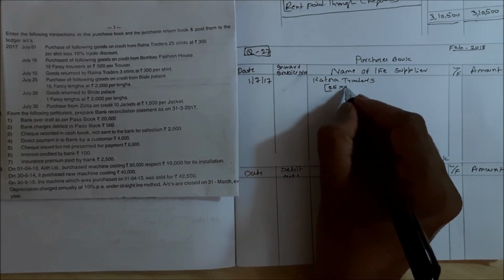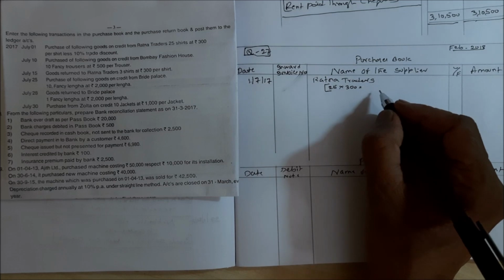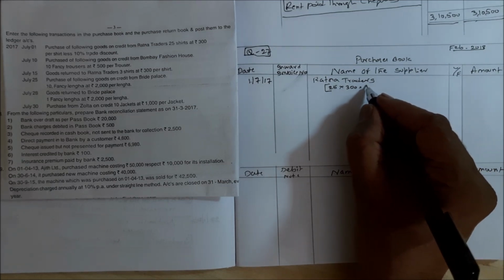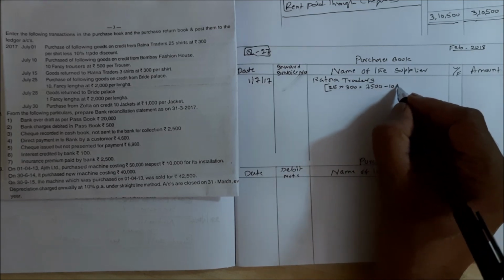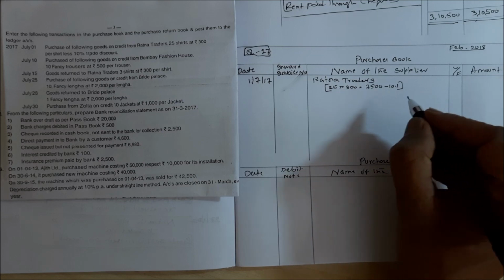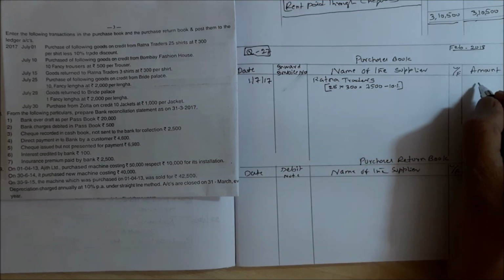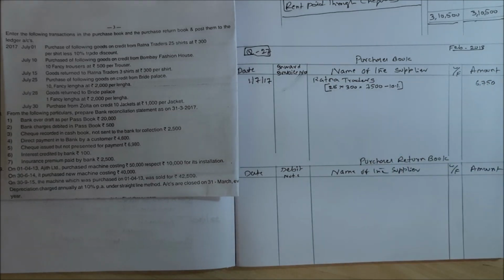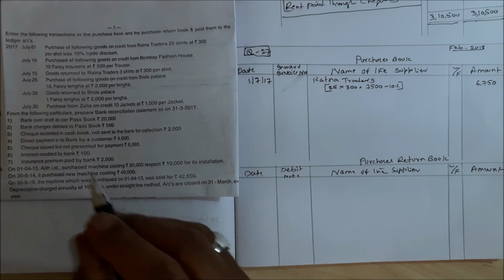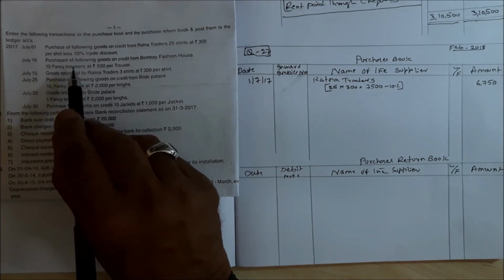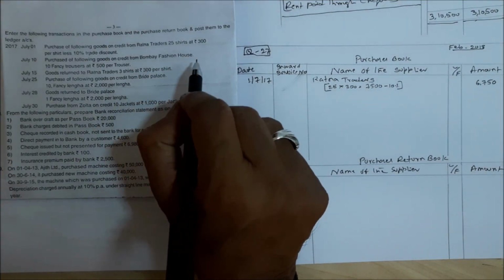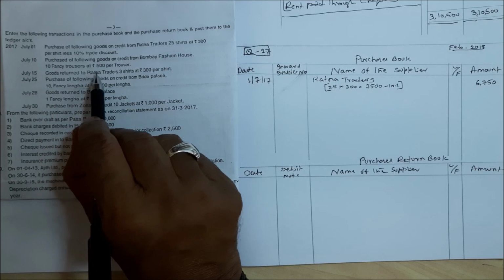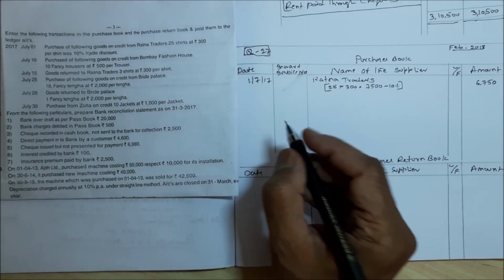25 shirts into 300 is equal to 7,500 minus 10% discount. That means 750 is out. So remaining is 6,750. Next, July 10, purchased the following goods on credit from Bombay Fashion House, 10 fancy trousers at 500 per trouser. So